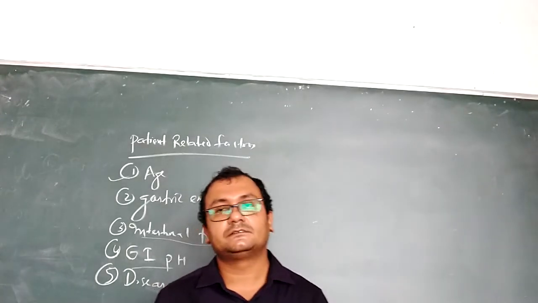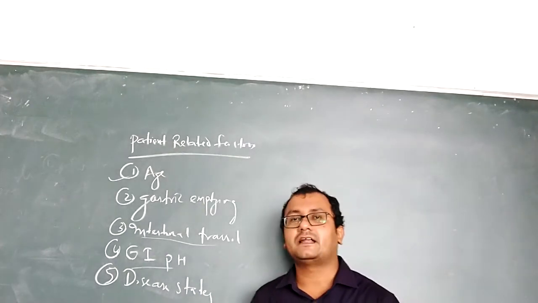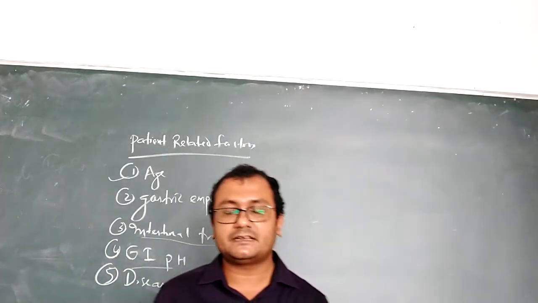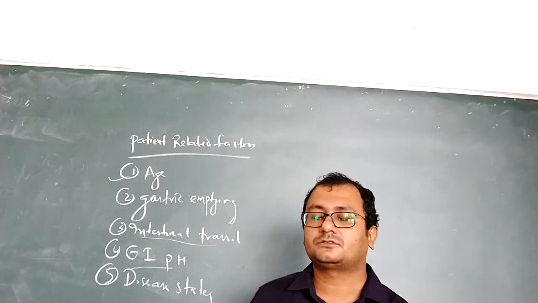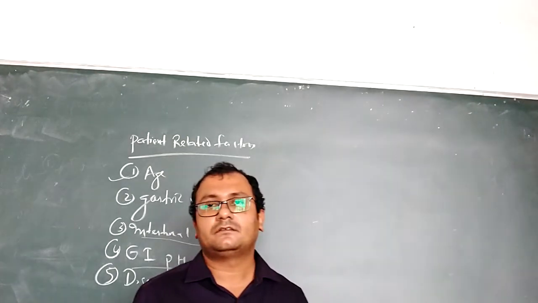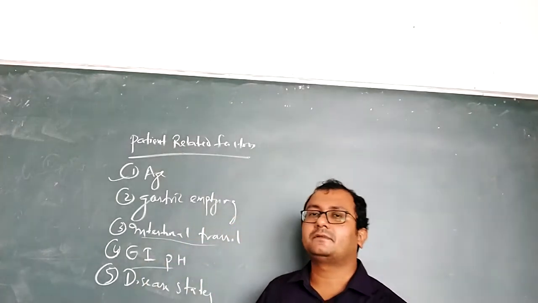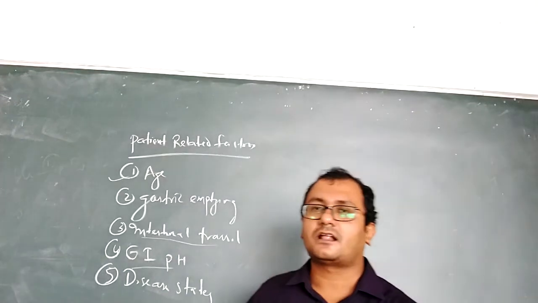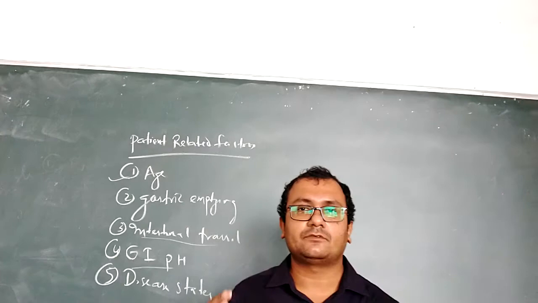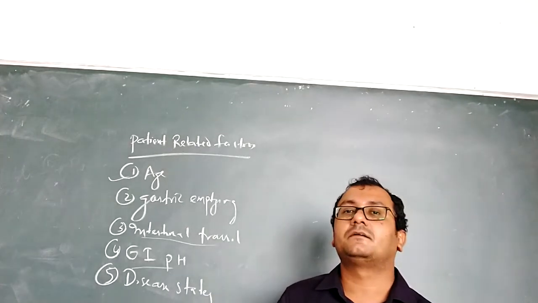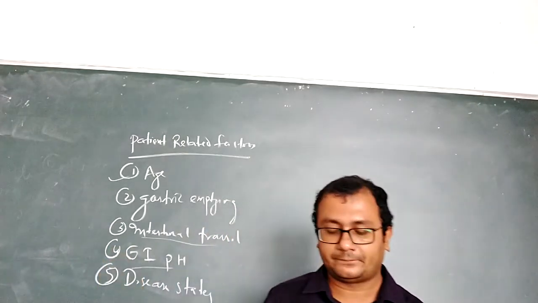Also, sometimes not only gastrointestinal disease, if a patient is suffering from cardiovascular diseases or hepatic diseases, then also the absorption will be different or slower. Because if a patient has hepatic disease, then what will happen is that the foods and drugs we are taking will be slowly metabolized. So that will also affect the blood circulation, and the absorption will be delayed.